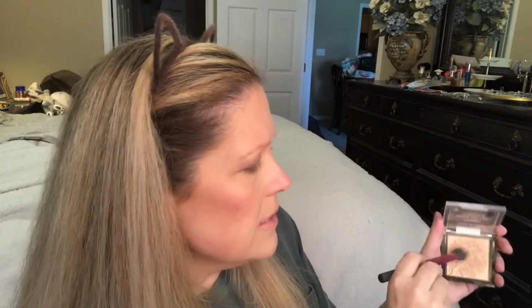And then I've been using my Wet n Wild Mega Glow highlighting powder, in the color Precious Petals, and I have been using it with, let me see, where is my brush? Oh, here it is. This kind of pinky magenta color brush from Real Techniques. I just like to go into that. I like to lay the brush up pretty good, shake it off just a little bit, and then give myself